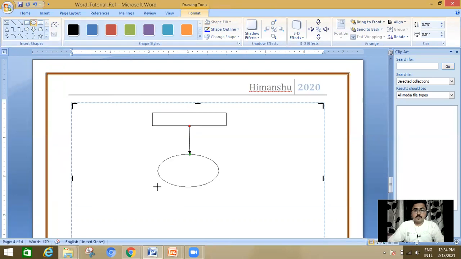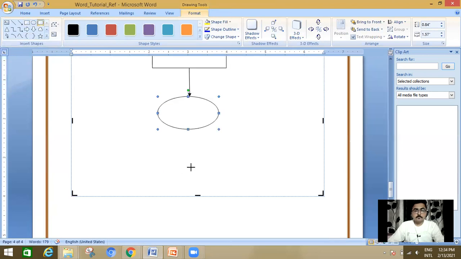If you want to insert some chart or flow chart to depict the concept of your subject, then this Shapes section will be useful.